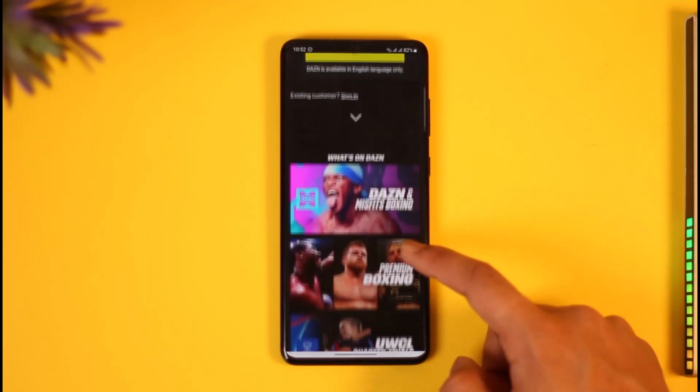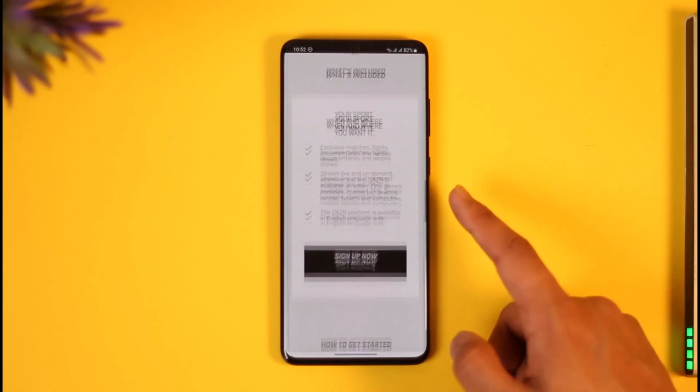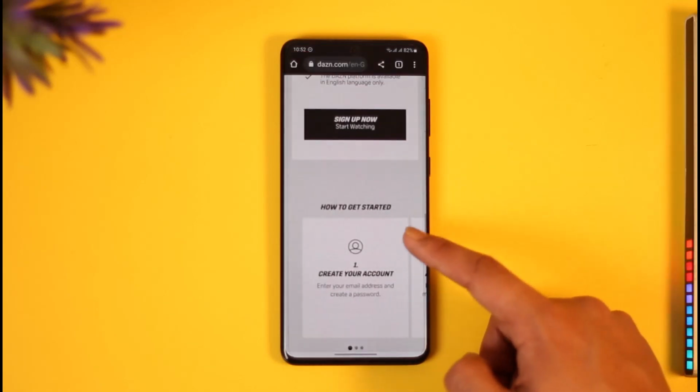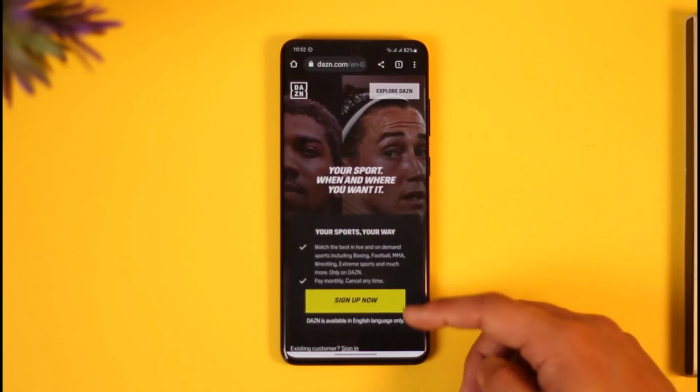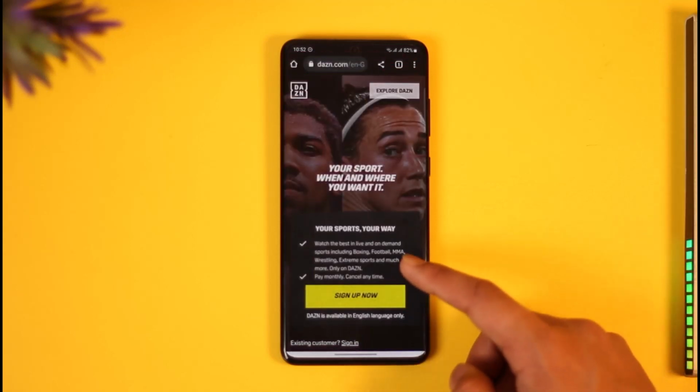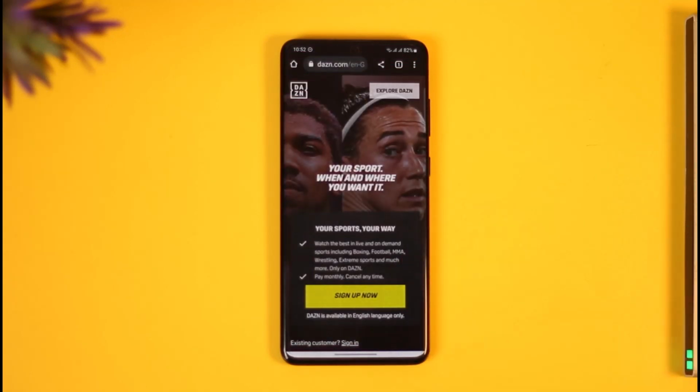Now under it you should be able to sign up for an account, and once you sign up for an account and start watching on DAZN, you should be able to watch the IPL as well. Now in case it's not available, because DAZN is also only available in the UK and it's coming to the US as well, and you're from Australia or some other country, then